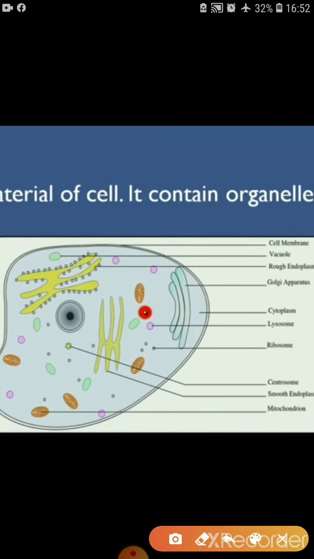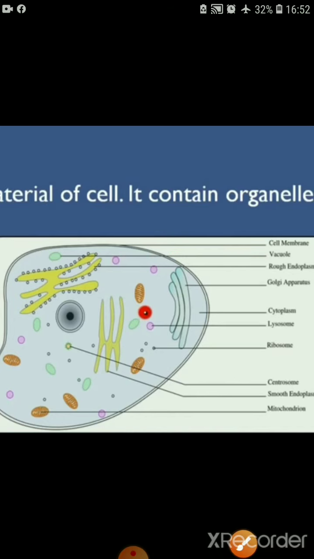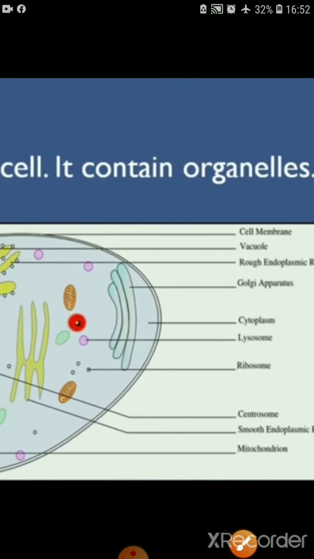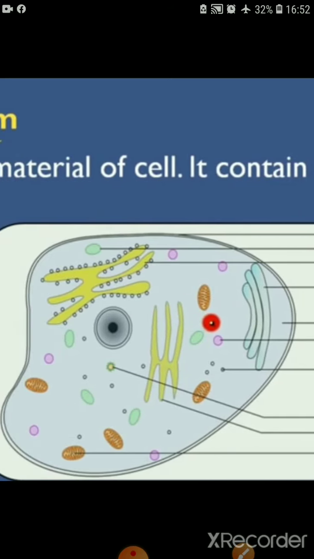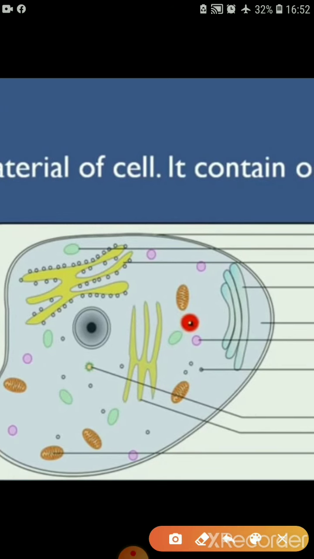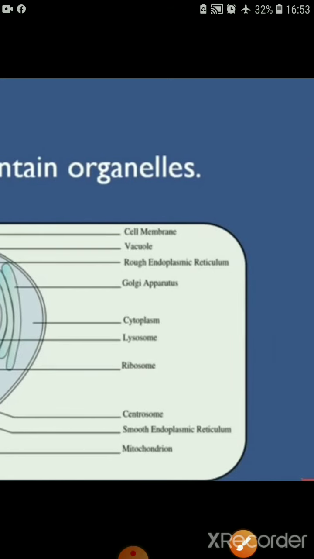The green bodies, as you are able to see here, which are the green bodies, right? All are called vacuoles. All these are called vacuoles. Next is the rough endoplasmic reticulum and smooth endoplasmic reticulum. This irregular shape, which is yellow colored, is seen here and here and here, right? This type of yellow irregular material which has small black dots is called rough endoplasmic reticulum.